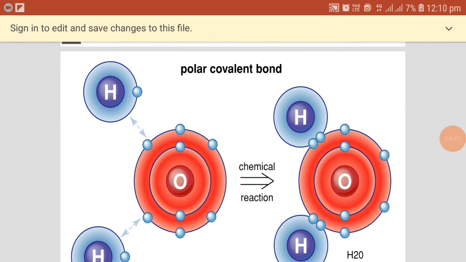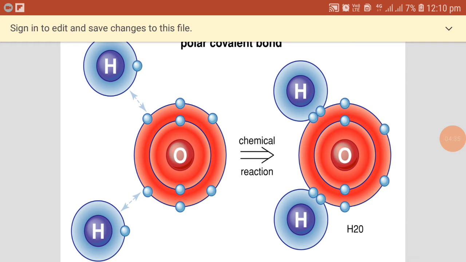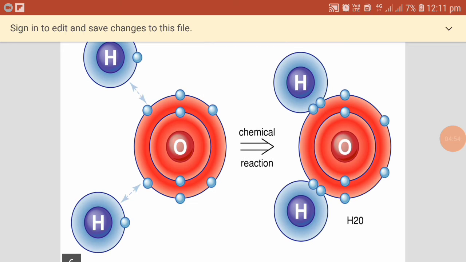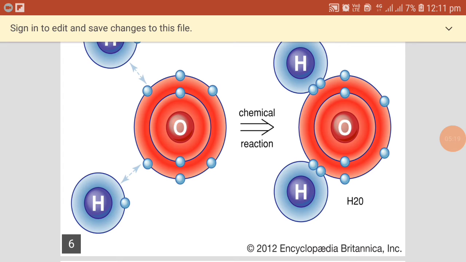See the image. How is the bond formed? In oxygen the outermost shell contains only 6 electrons, whereas each hydrogen contains a single electron. Two hydrogen atoms share their electrons with the oxygen, so that the oxygen gains 2 electrons. That is a mutually shared electron. So it is not only gaining, it is also sharing that electron. So it becomes 8 in number. With 8 electrons in the outermost shell, the oxygen gets stabilized, and the hydrogen also. So here the bond is formed.